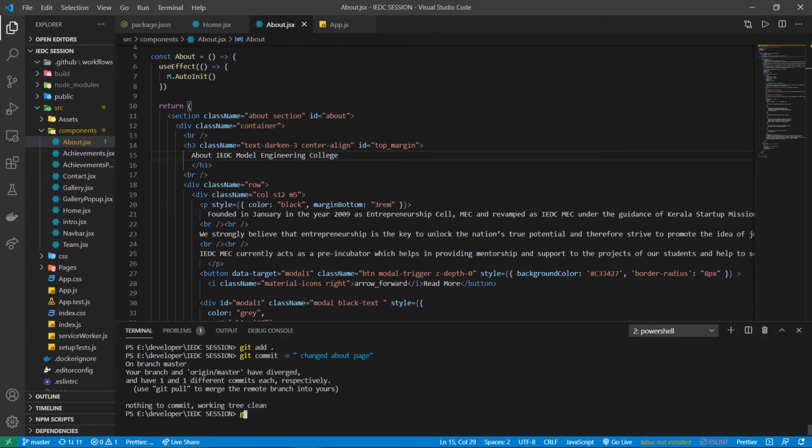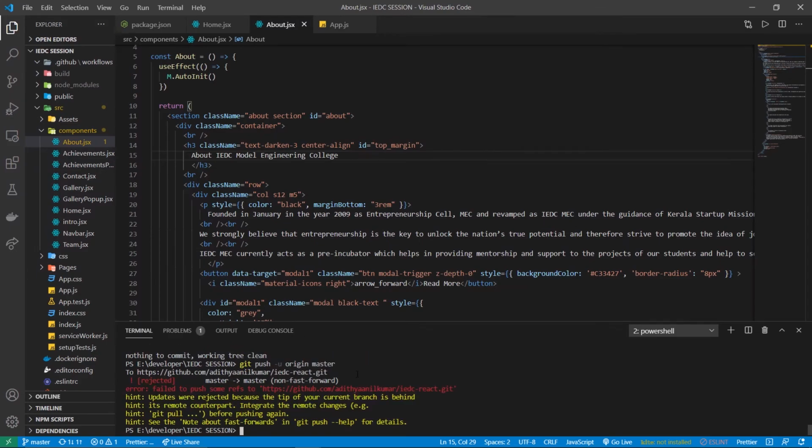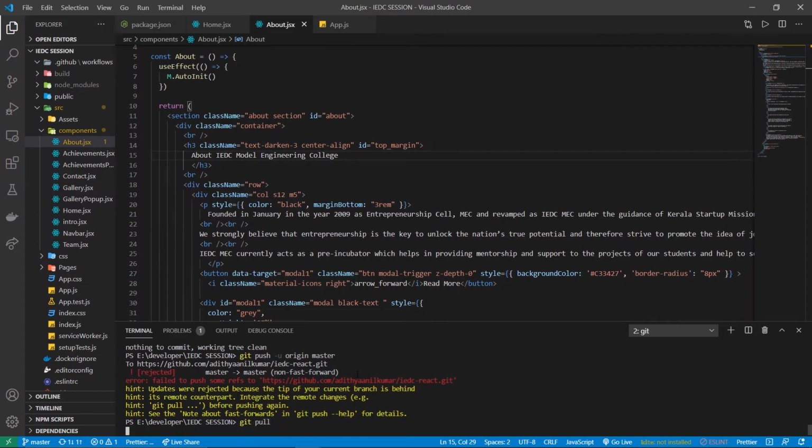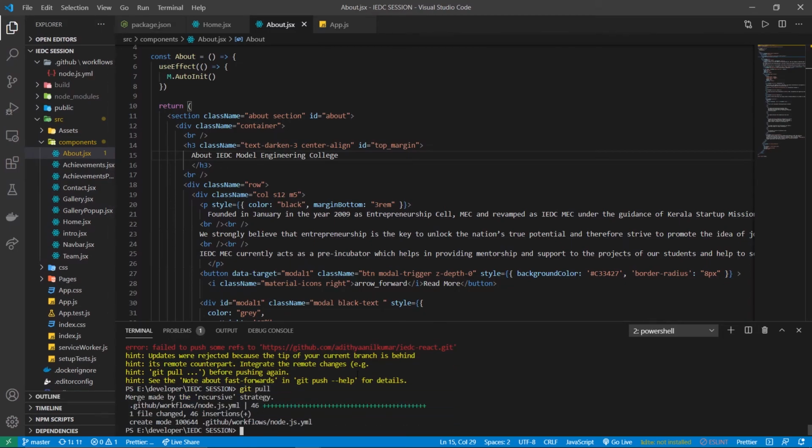Git push origin master. Oh, since we made changes in the GitHub Actions file, we first need to pull the GitHub repository. Now let's push to the GitHub repository.